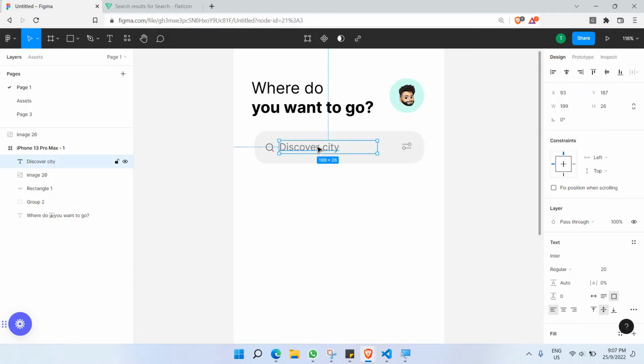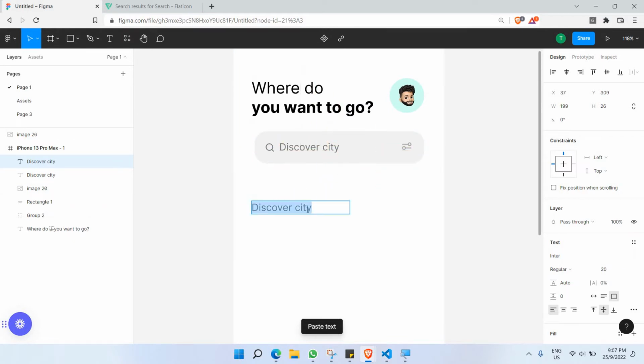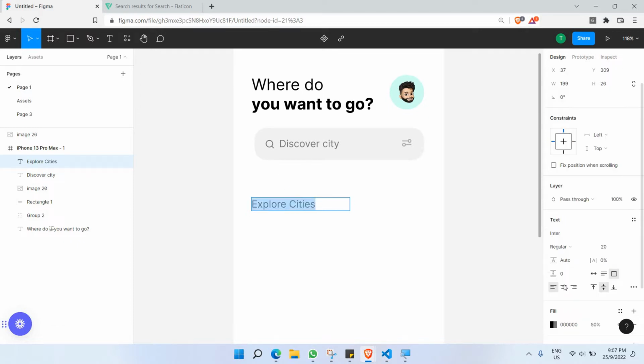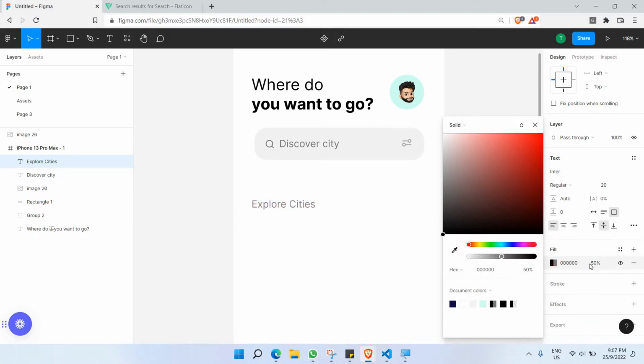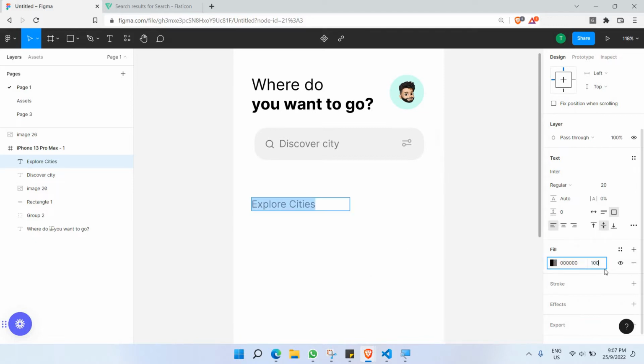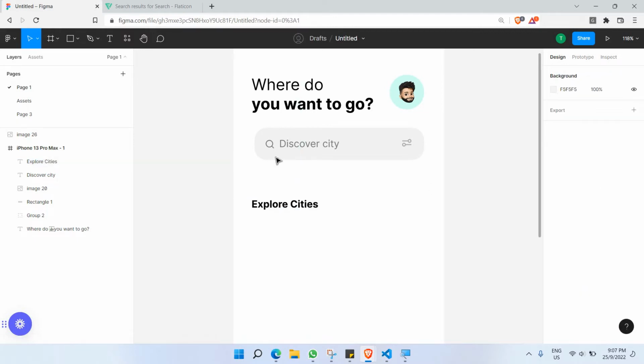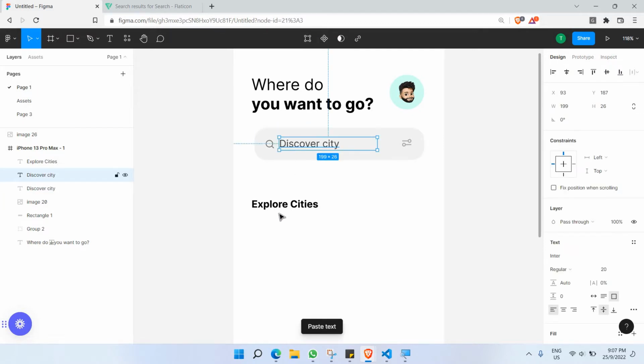Next, let's go to the third component, which is the exploring the cities carousel. I'll take a copy of this and place it here as a title which says explore cities. I'm just going to fill it with black and make it 100%, because I would like an actual black color, and I'll also make it bold, something like this. The next thing is below this, I would also like to place some tabs here,